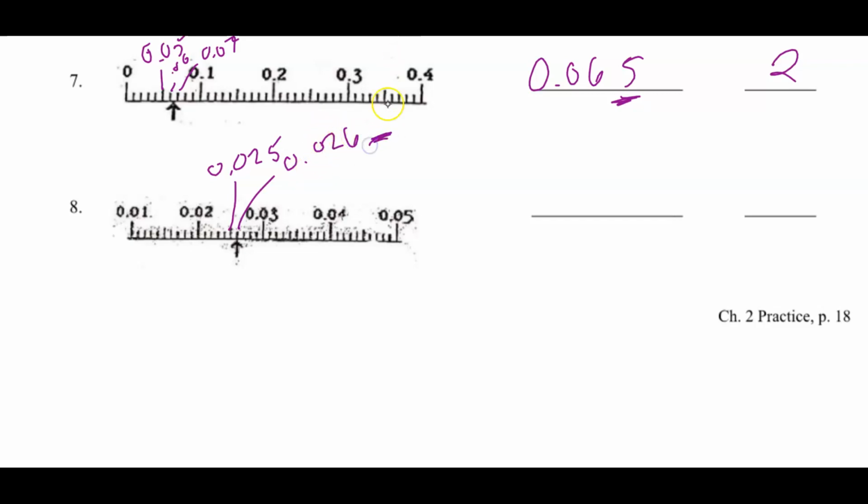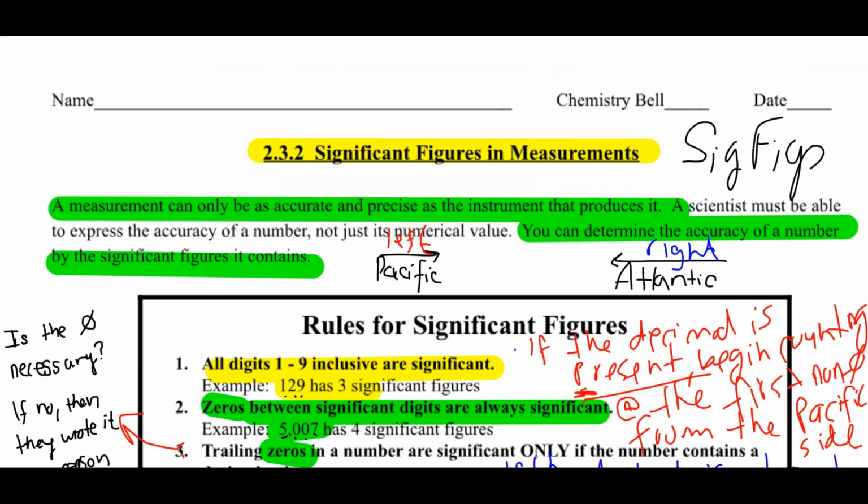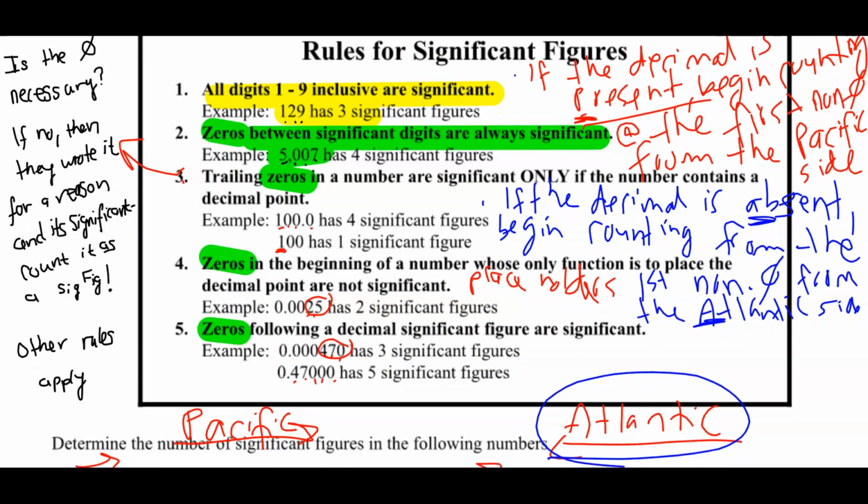So that means I'm going to be guessing the ten-thousandths place value. So you're like, oh, but look, it's right on that line. Isn't it just 0.026? It's right on the line. But we are certain it's on the line. So what do we do? We add a 0 at the end. Okay? I know this is different than how you normally read rulers. Just stick with it. Keep practicing. Go back to those 0 rules. And the more you practice, the better you'll get at sig figs. Okay? So remember, don't